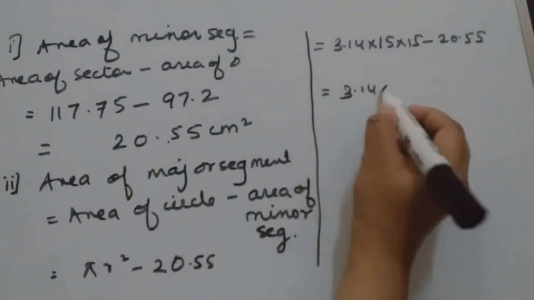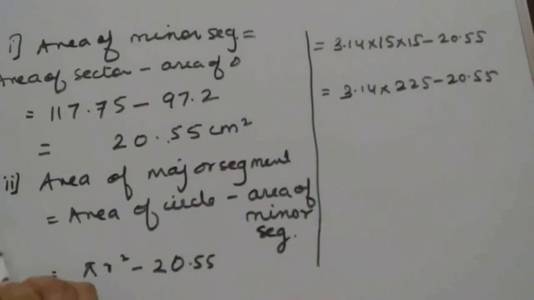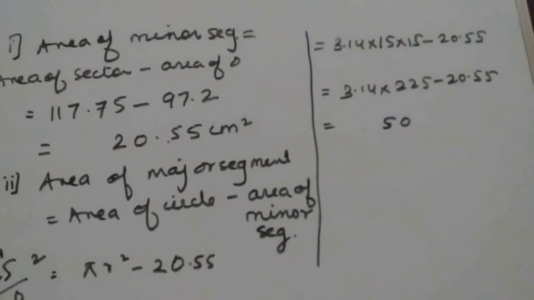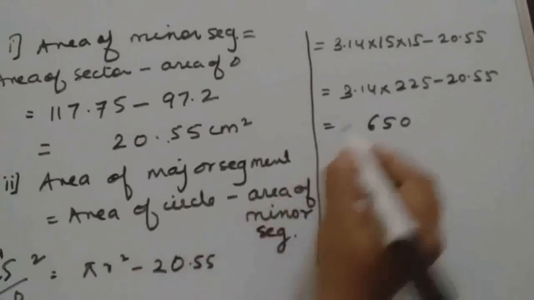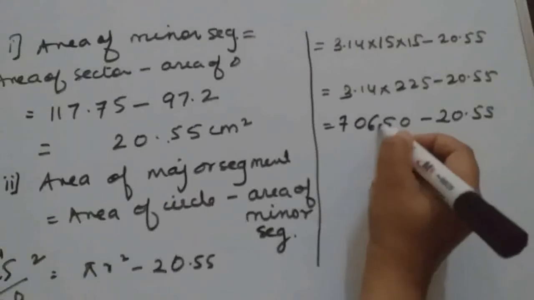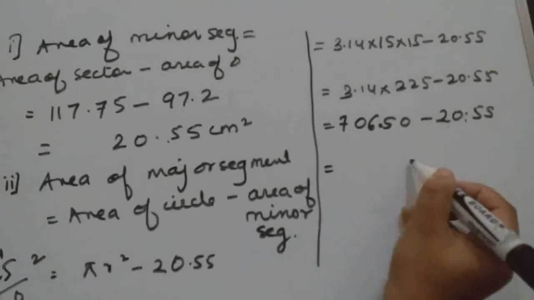So 3.14 into 225. So this we should multiply. This is after 2 digits, so 706.5 minus 20.55. Okay, so what we will get here,